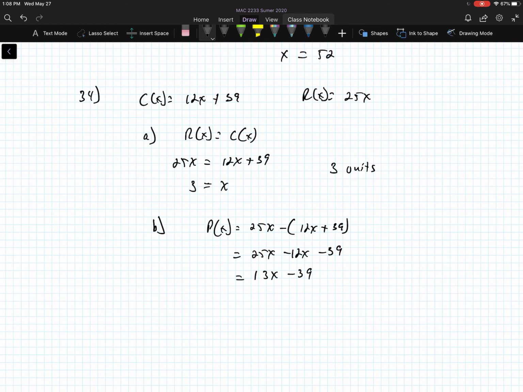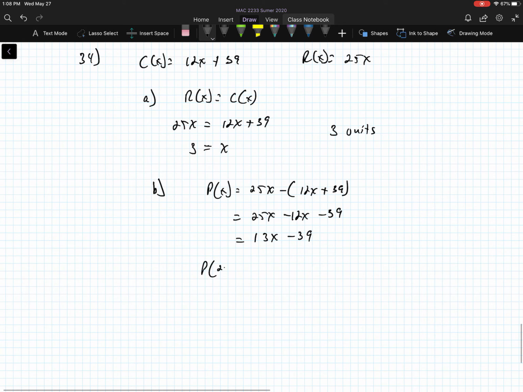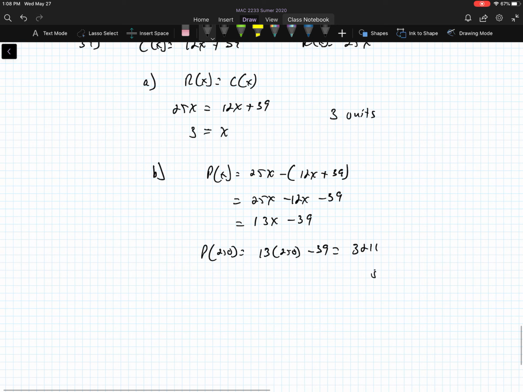So the profit function is 13x minus 39. So what they're asking us to find here is P of 250. And so P of 250 will be 13 times 250 minus 39, which is going to give you 3,211. So the profit from 250 units is $3,211. All right, well,